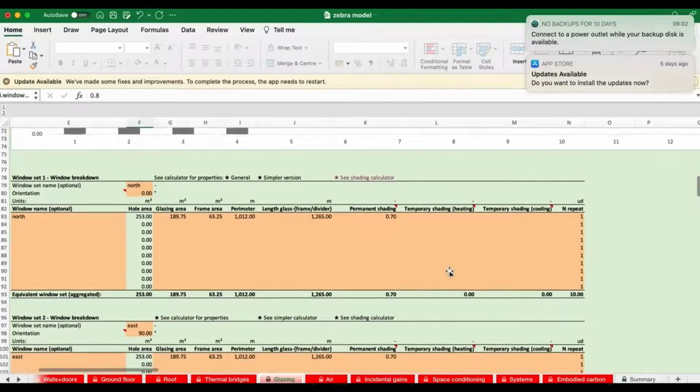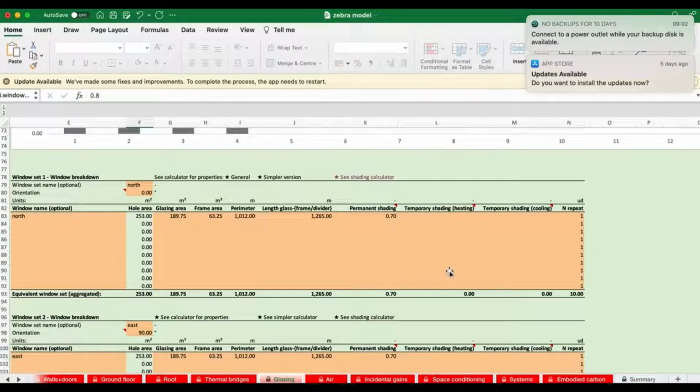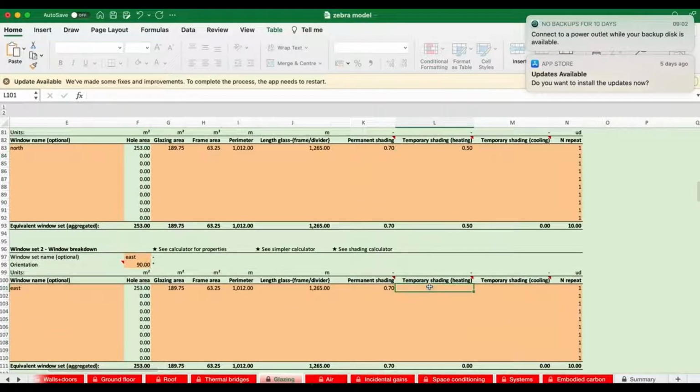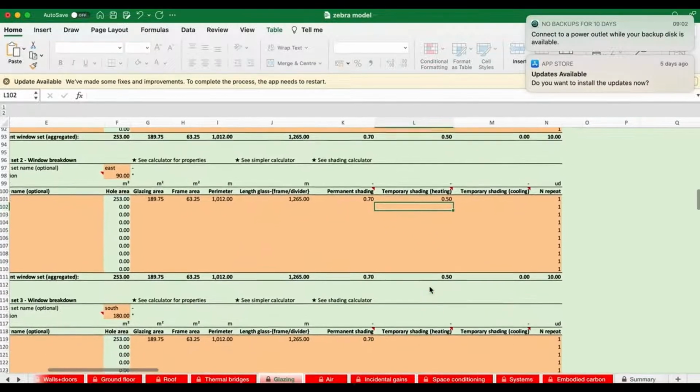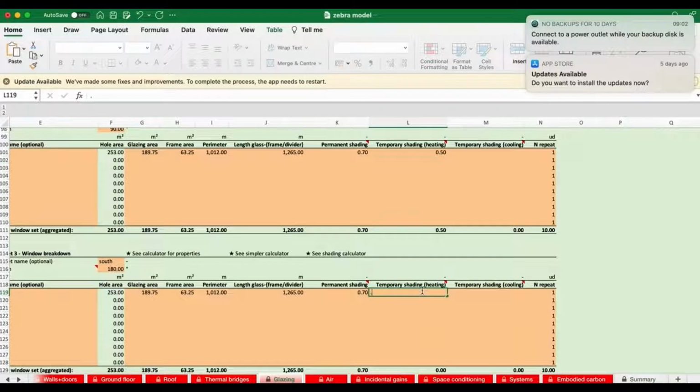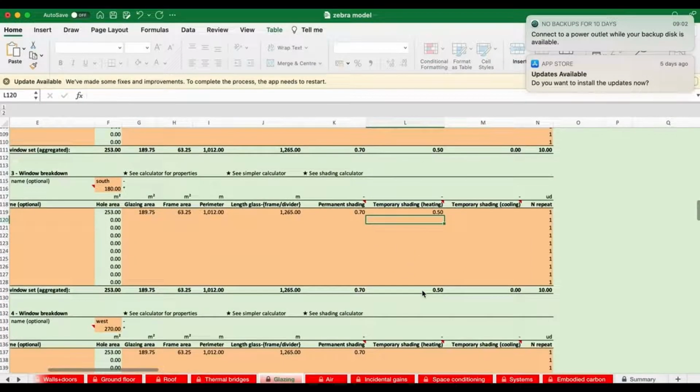Go down to our statements about window sets, and let's imagine they included something equivalent to half the window when it was useful, each of the windows, but still let light in. But maybe when they're out of the building, they draw these blinds down, something like that. And we're just going to guesstimate that's equivalent to shading the window by half the amount whenever cooling is needed on average, because there'll be times when they're in the apartment and they want those blinds open, but whenever they go out they can close them. So we're going to put 0.5 into there.